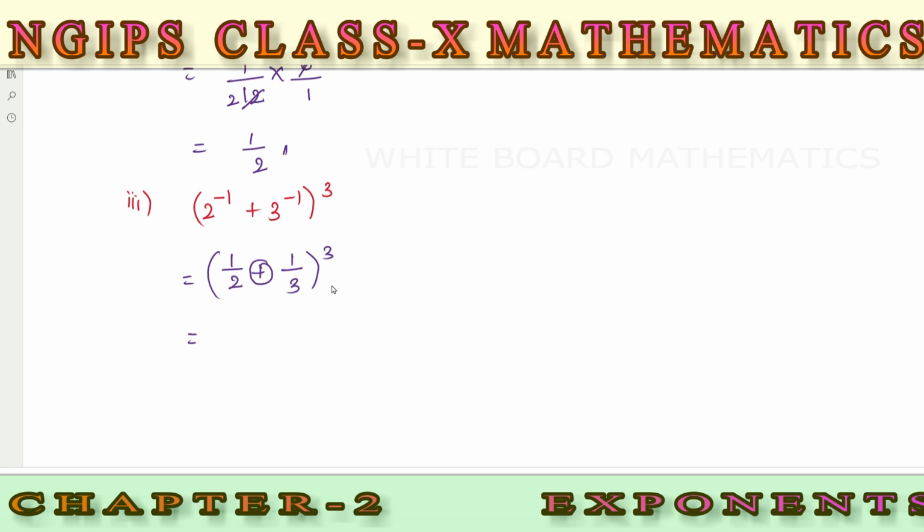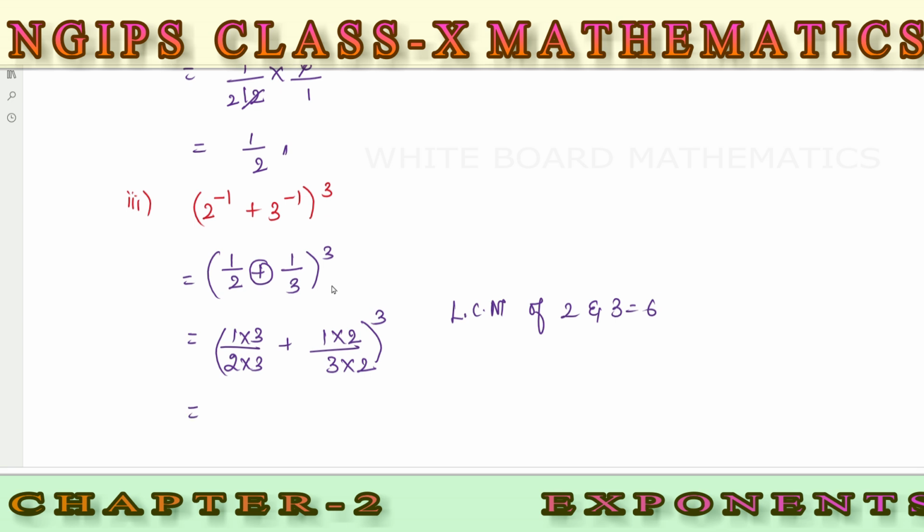So what we need to do, we have to check the denominators. Denominators are not the same, so we need to take the LCM. The LCM of 2 and 3 is 6. To get the denominator as 6, I am going to multiply 2 into 3. The same number we have to multiply to the numerator also. In the second one the denominator is 3, I should make it 6, so I am going to multiply with 2. So 3 into 2, 1 into 2. We have whole power 3.